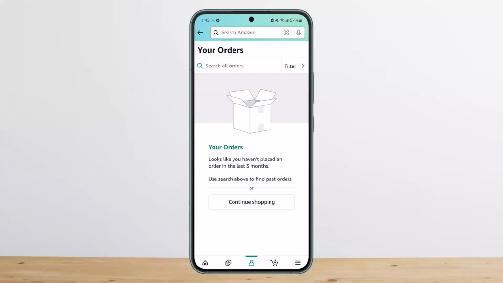You want to check the box of the item that you want to cancel from the order. To cancel the entire order, select all of the items, then select the reason for cancellation and click Cancel Checked Items when finished. Now unfortunately I don't have any orders, but that is the way that you can cancel your